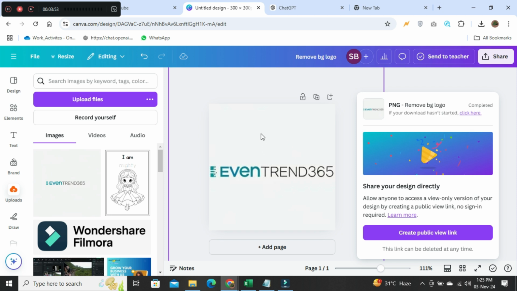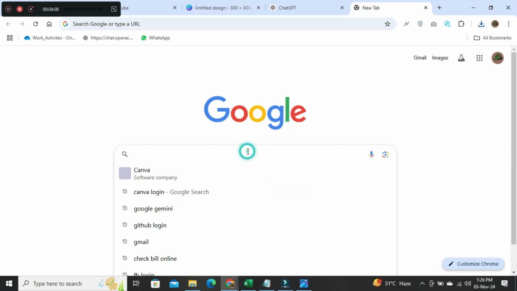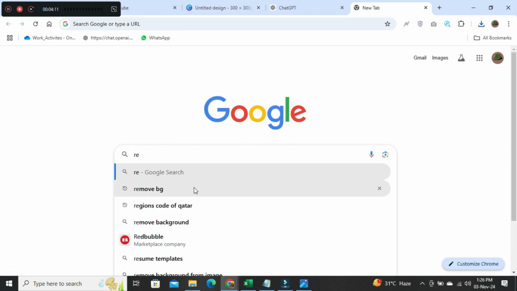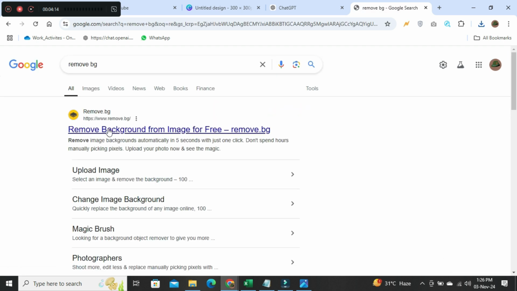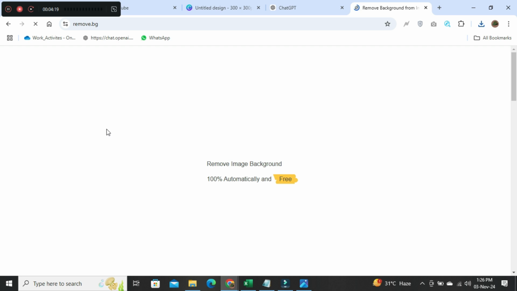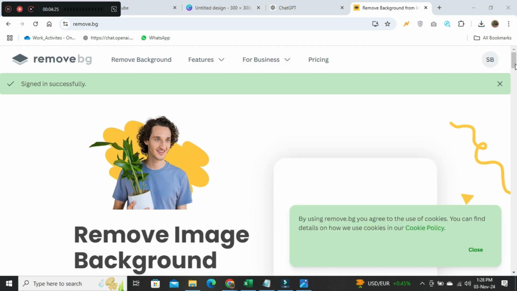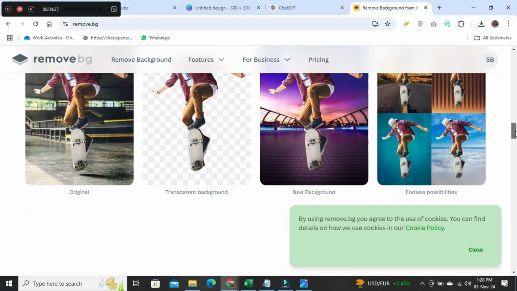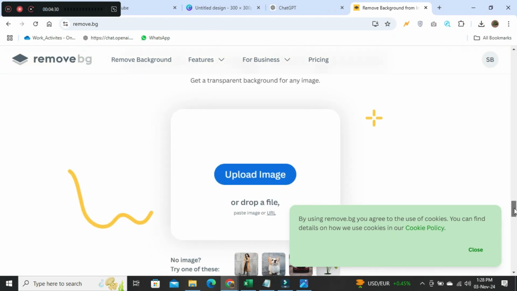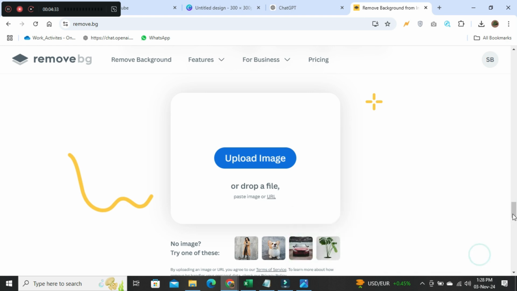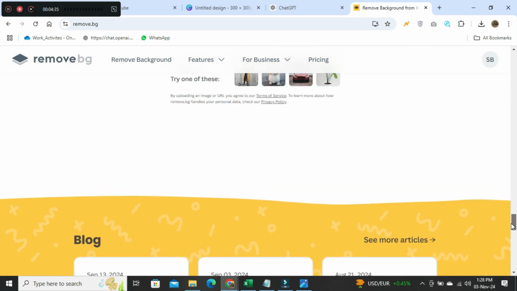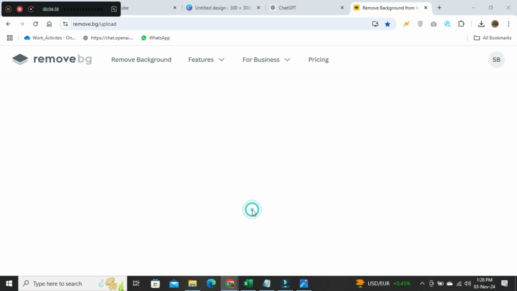I can teach you two ways how to remove background. The second one is remove background. I can type on Google remove background. This first one, the yellow website, click on it. This type of website appears in front of you. Now you can scroll down and click on upload. Click on upload image. I upload the image,